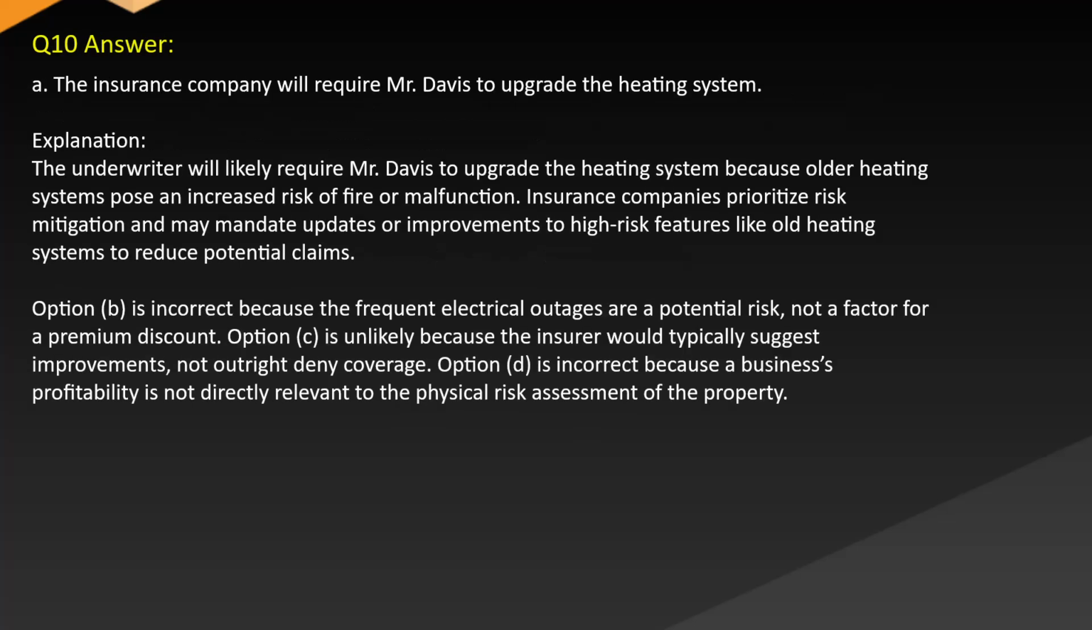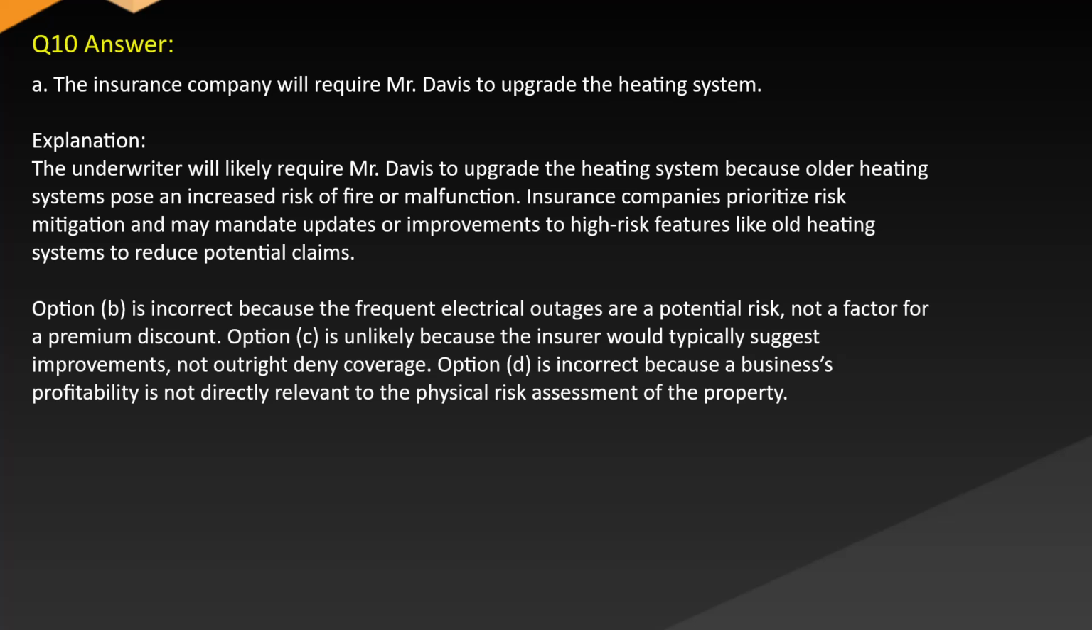Answer A. The insurance company will require Mr. Davis to upgrade the heating system. Explanation. The underwriter will likely require Mr. Davis to upgrade the heating system because older heating systems pose an increased risk of fire or malfunction. Insurance companies prioritize risk mitigation and may mandate updates or improvements to high-risk features like old heating systems to reduce